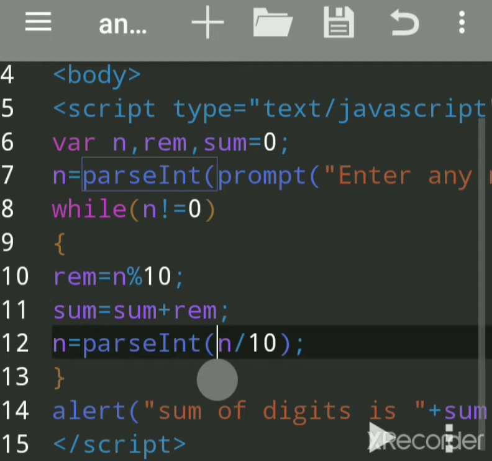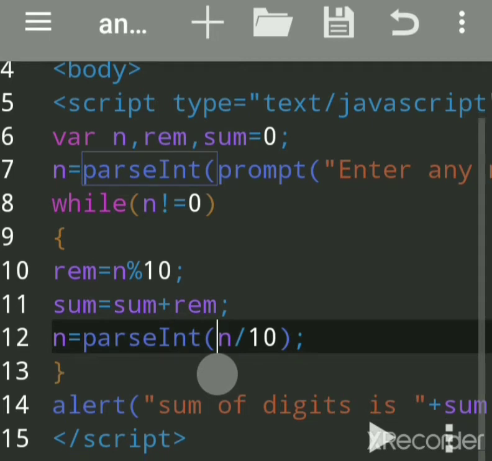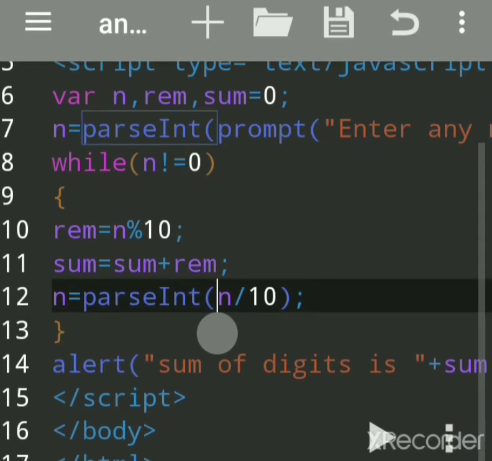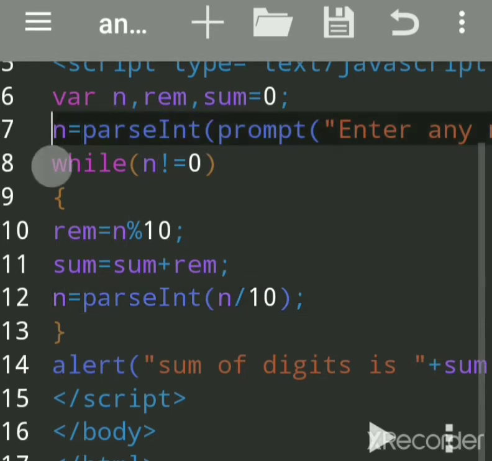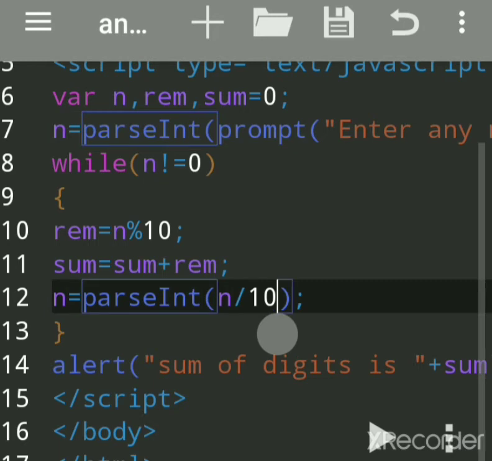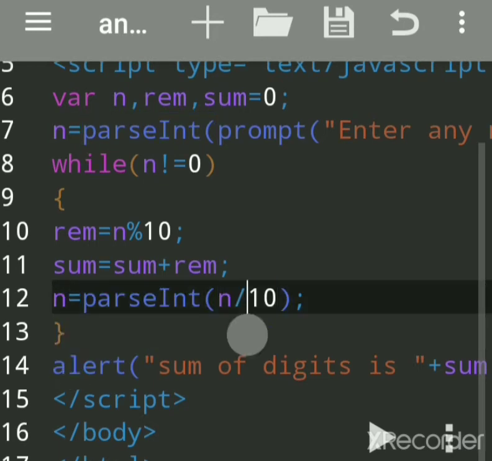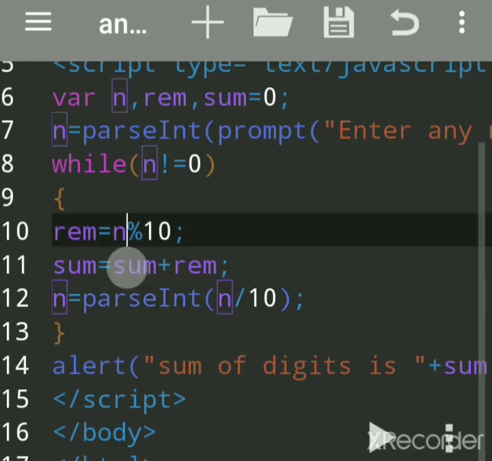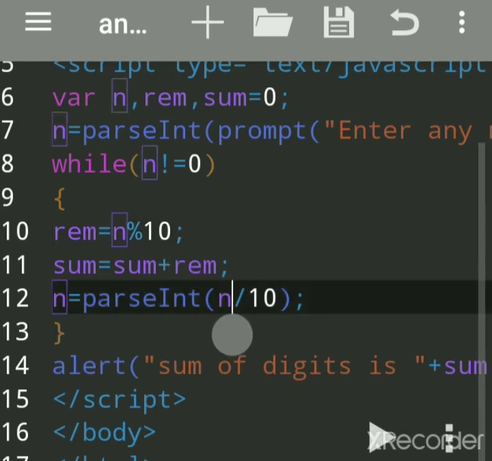Now n is 123, and 123 divided by 10, because slash gives us the quotient. You should remember that percentage is called the modulus operator, which gives the remainder, and slash also divides, but it gives you the quotient, meaning n divided by 10.